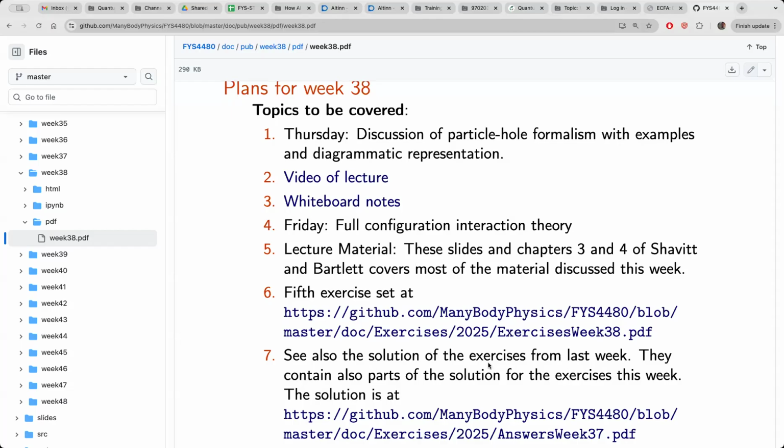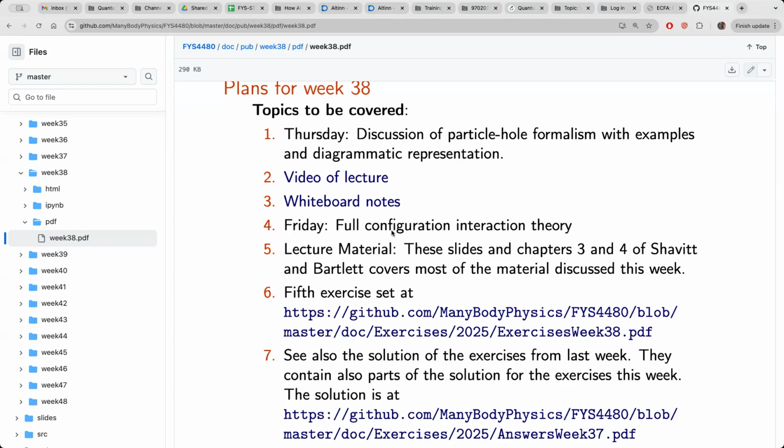So welcome back. And yesterday, we started to discuss the particle hole formalism with selected examples, but we didn't look at a diagrammatic representation. We will continue with this today. And the whole idea then is to migrate everything which we are doing now into our first real many-body method,